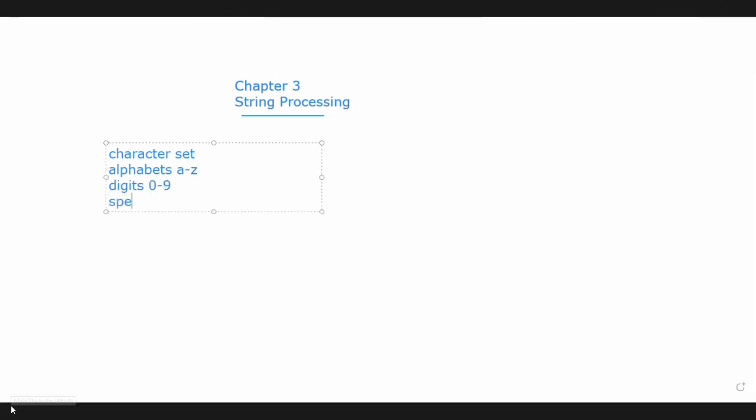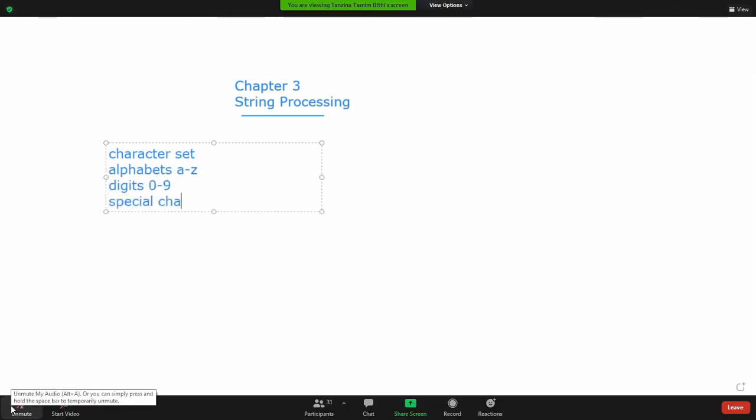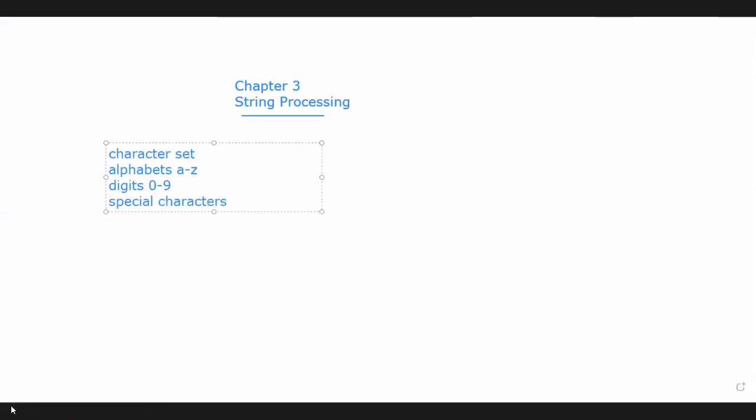And we can use special characters like underscore, question mark, percentage, semicolon, brackets, minus, plus, and multiplication, the arithmetic symbols.